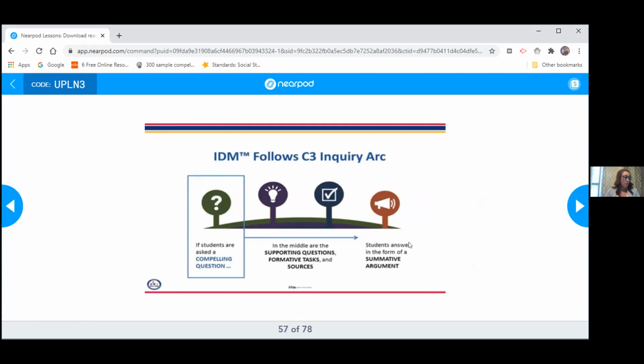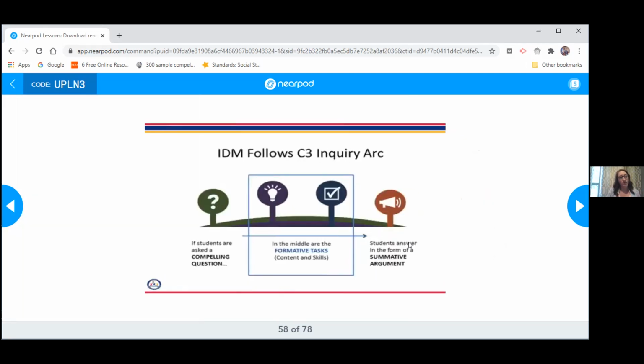So another compelling question that we utilize at our high school level in our district is, is progress more important than preservation? And that particular inquiry, the content focus is on Civil War monuments. Should we still have Civil War monuments anymore? They teach that after they teach the Civil War. And it's meant to spark that curiosity and give students something to anchor their thinking to throughout their learning.